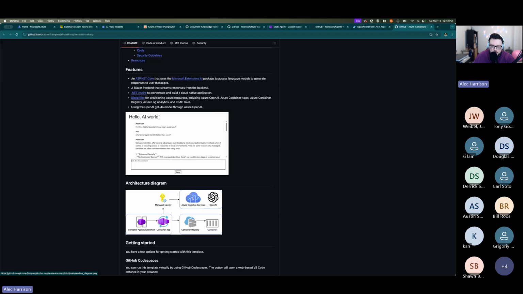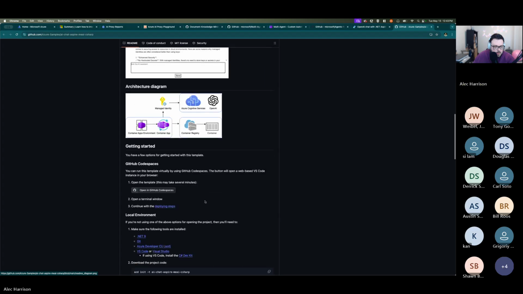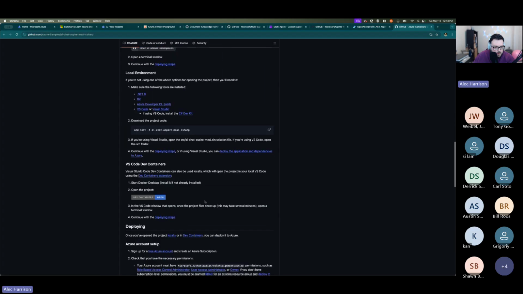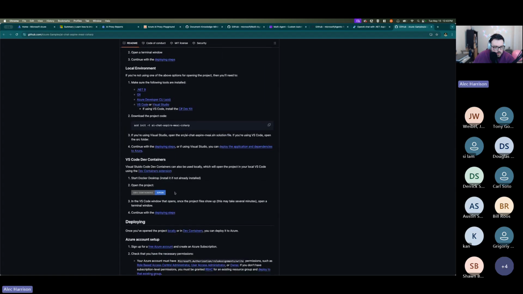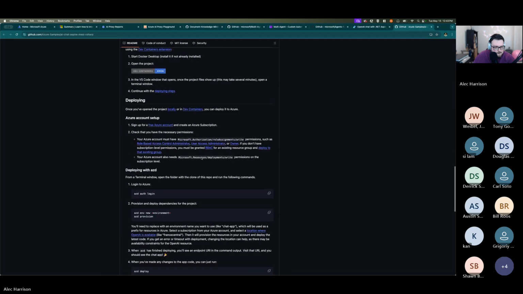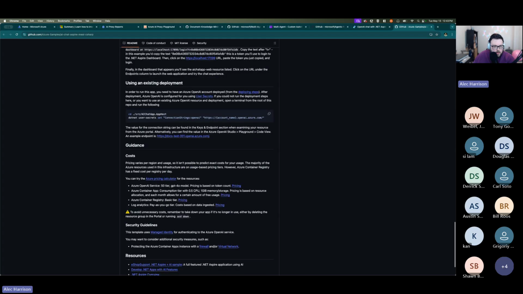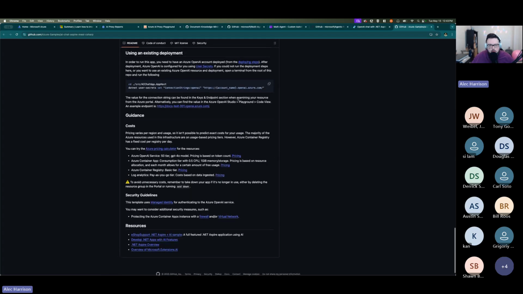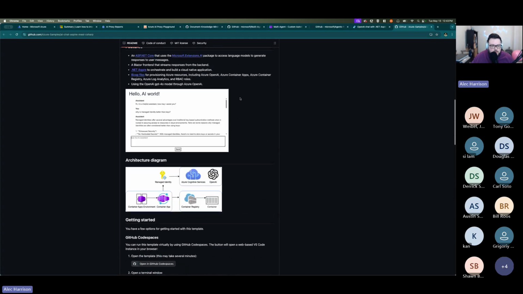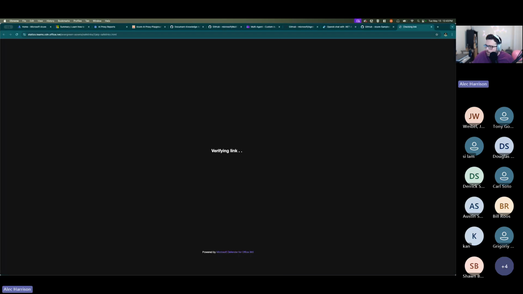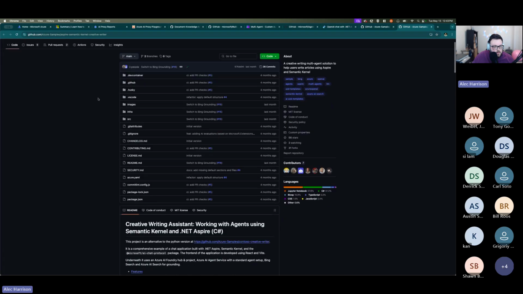So if you wanted to be local, I assume you just build a branch here for your containers. Assuming there's a local way to run this as well. There's a dev container. Deploying with AZD, run the application. .NET run, yeah. So I think you should be able to run this locally as well. You just might have to put some if-local checks in here, and then you can chat with your data locally. And then the other one you shared was this one.